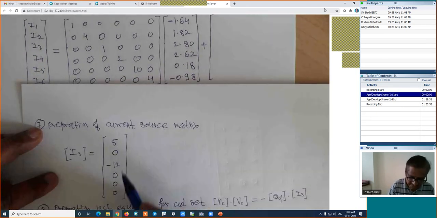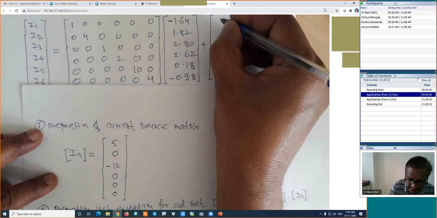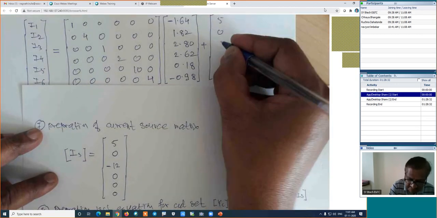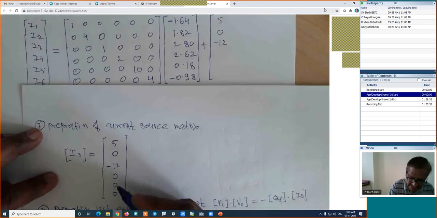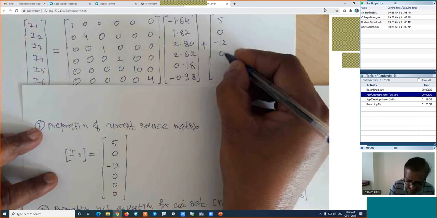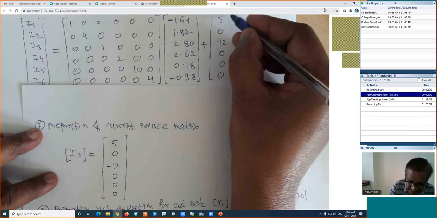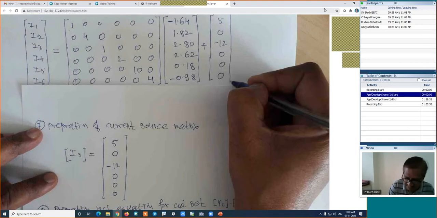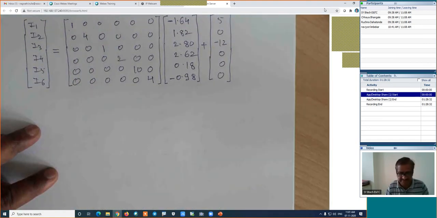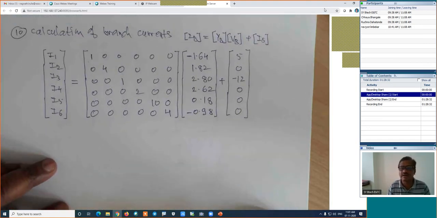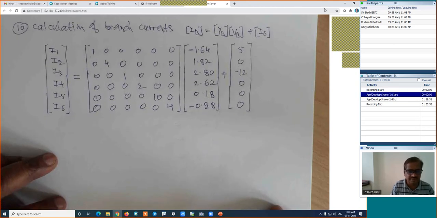5, 0, minus 12. This value will be 5. This is 0. This is minus 12. And then the remaining entries are 0, 0, 0. This is 0, this is 0, and this is 0. Means we have this matrix now. And if we have this matrix, we can do the remaining calculation, that is the last step of the